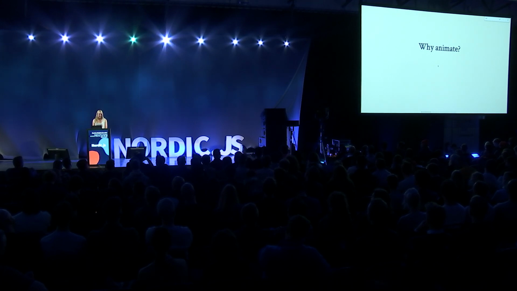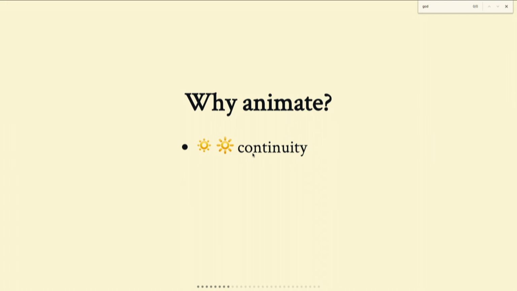So why do we animate then? Well, it can provide value in several ways. For example, it serves as a visual cue of continuity. It's no longer two separate objects, but it's one object with continuous states. It can also serve as a reaction to a given user action, in terms of communicating a cause and effect.